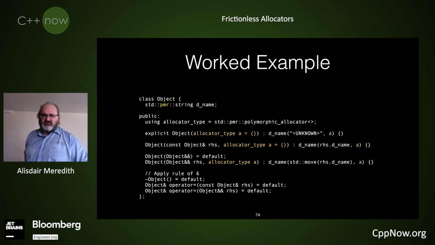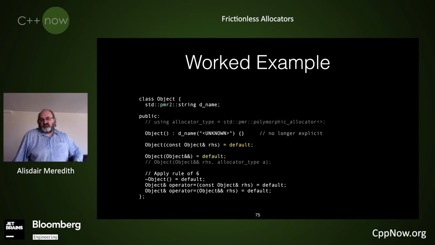So how does this start simplifying? You've got some of the hints on the screen with the different font colors as we move into my suggested new world. First things first, I'm going to have standard PMR2 string. We're not using a PMR string, we're into our wonderful new world, whatever we've chosen to store that. And in this example, I'm putting it into namespace PMR2. We no longer need the typedef of my allocator type.